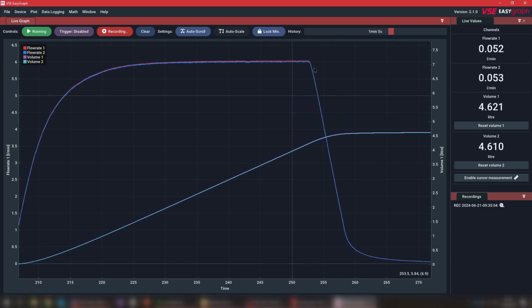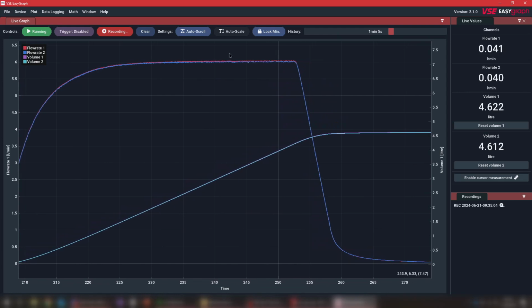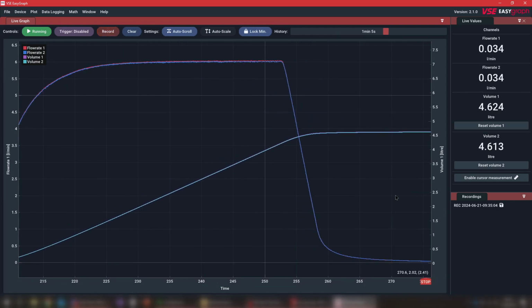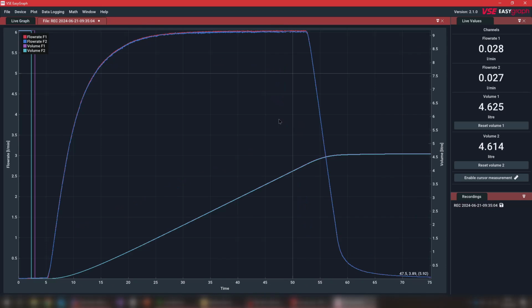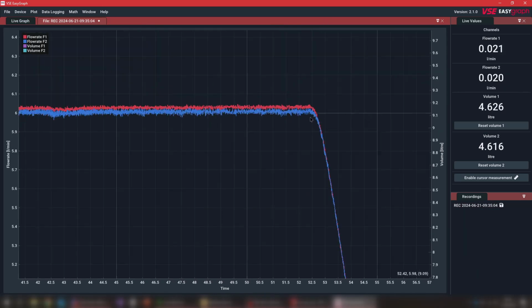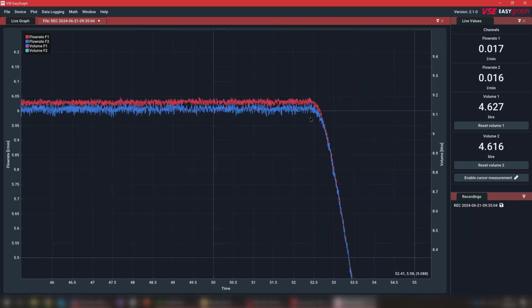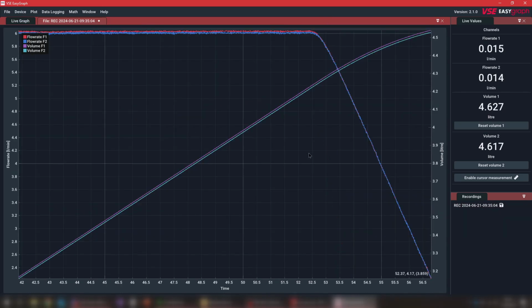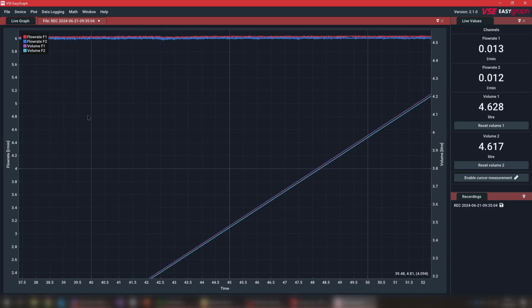And the log_min function goes hand in hand with the auto scale and will just lock the minimum value there at 0 while scaling only the top value. Now I stopped the recording, double-clicked it, and now we can use the right mouse button to click and drag a yellow box, which will zoom into this section,